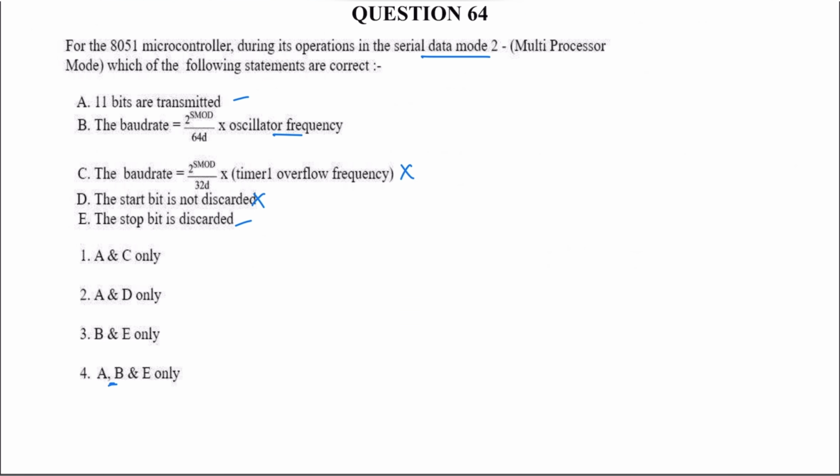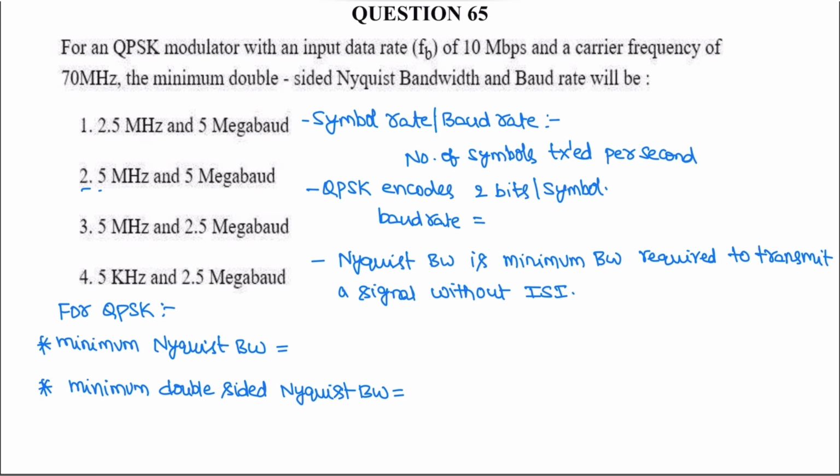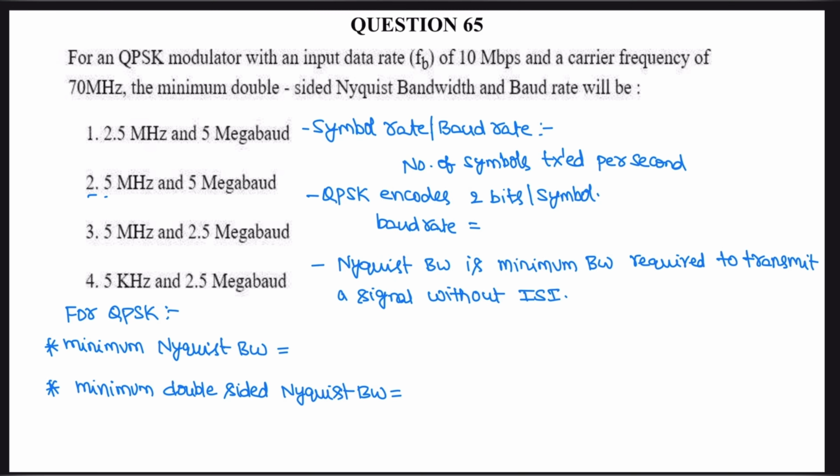So the correct option is A, B, and E. Statement A is correct, statement B is correct, and statement E is correct. Next question. For a QPSK modulator with an input data of 10 Mbps and carrier frequency